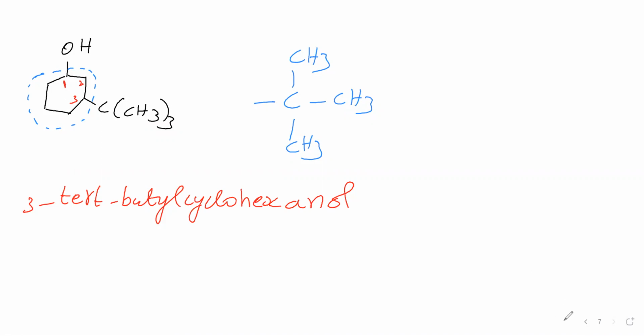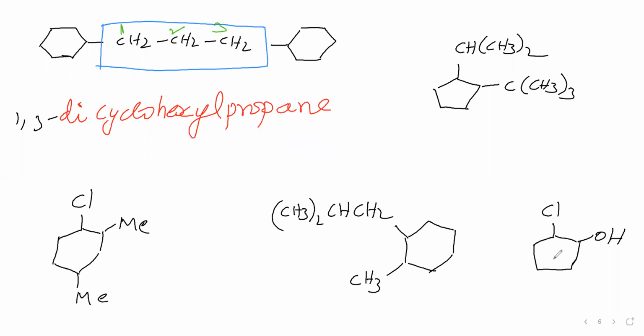Okay. Now you have tried this compound. What is the name of this compound you are saying? Here we will give number 1. Here we will give number 2. Therefore 2-chloro. It is a cyclic compound, cyclo, 5-membered ring, therefore pent. Primary suffix ene, secondary suffix ol. Okay, this compound name also you have tried.